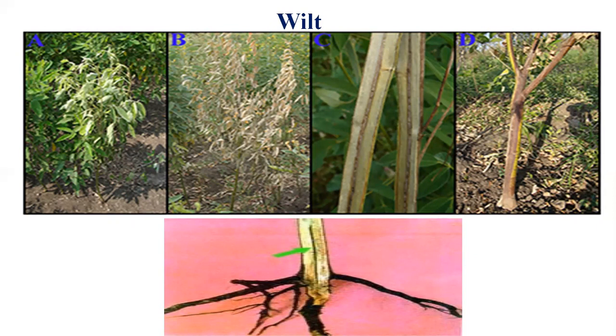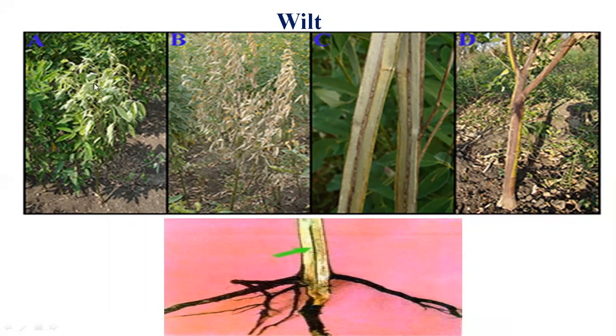So what happens? The pathogen causes infection through roots and develops inside the vascular tissue to cause a systemic infection. If you see the basal image, the first base image, you can see the internal infection, that is the brownish discoloration of vascular tissue. From the external view, see images A, B, C and D, which are given at the top side.